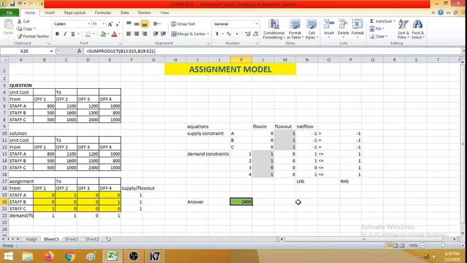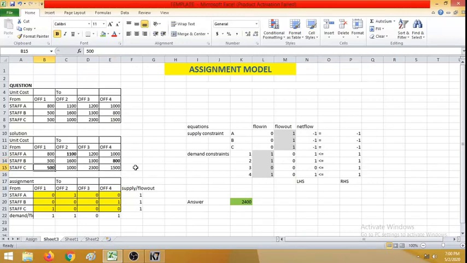So how can we verify the answer? Let's see. So what is the cost of office here? 1100. Okay, I'll just try to bold it. 1100, right? And staff B is assigned to office 4, bold. Okay, then staff C is assigned to which office? Office 1. Okay, so which means office 3 is not assigned to any people.